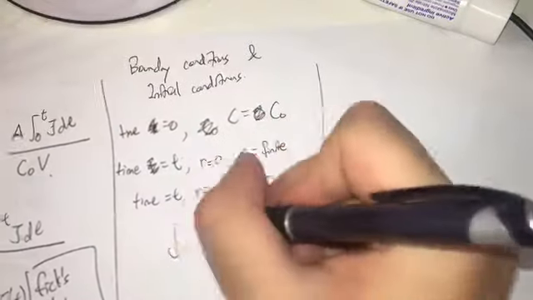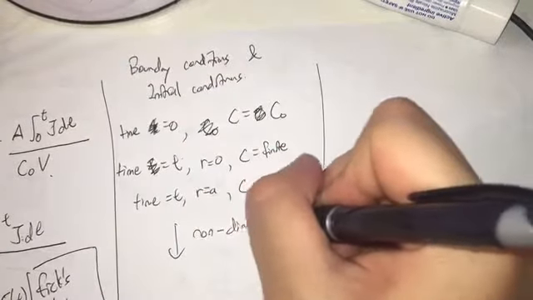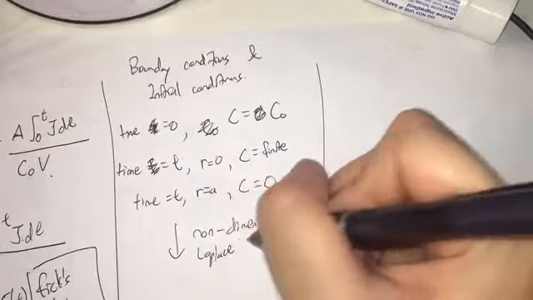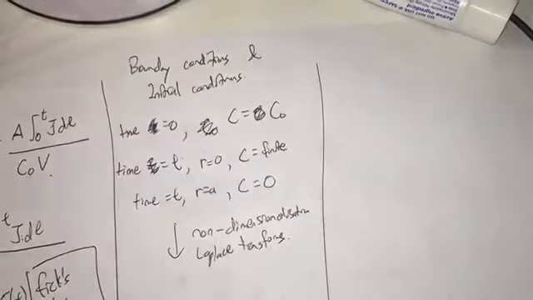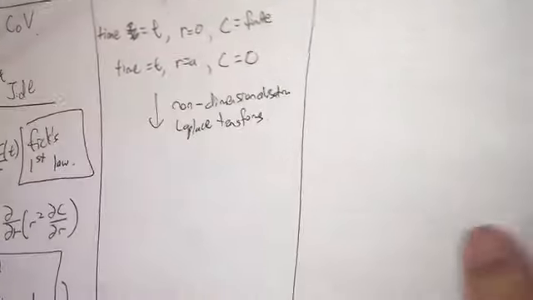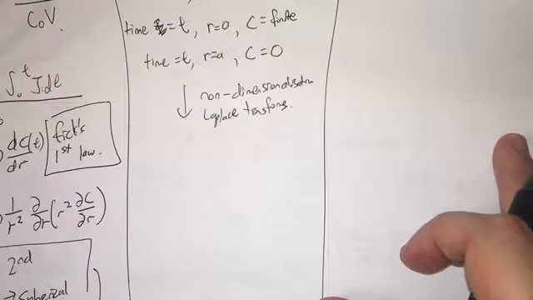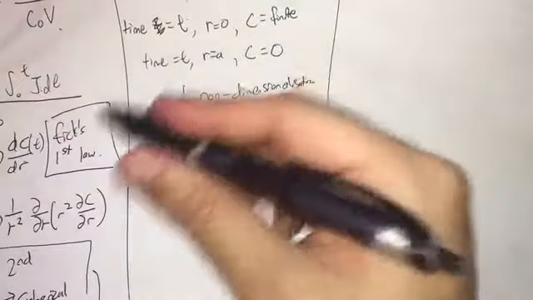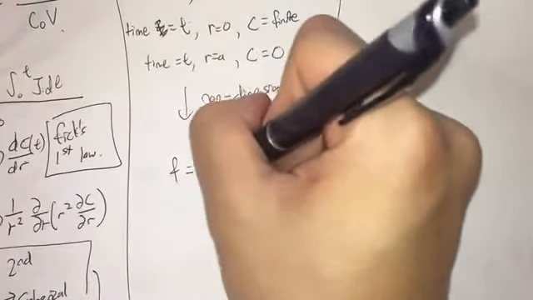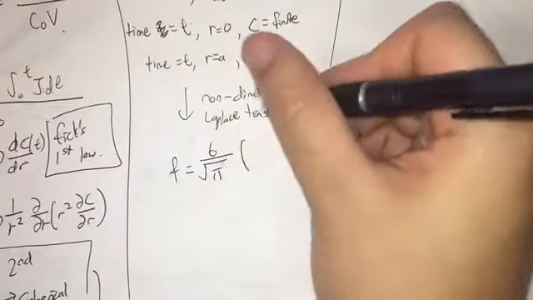After you solve via non-dimensionalization and a few Laplace transforms, you can see the details on pages 300 to 301 of Professor Olander's book. I won't go into detail of the math, but at least you should know the assumptions to understand why the math is the way it is. Most of the calculations deal with fractional gas release, so they account for the total flux over time. After all these steps, we find that the fractional release for this non-irradiating case, just pure gas diffusion with no nuclear process or fission going on,